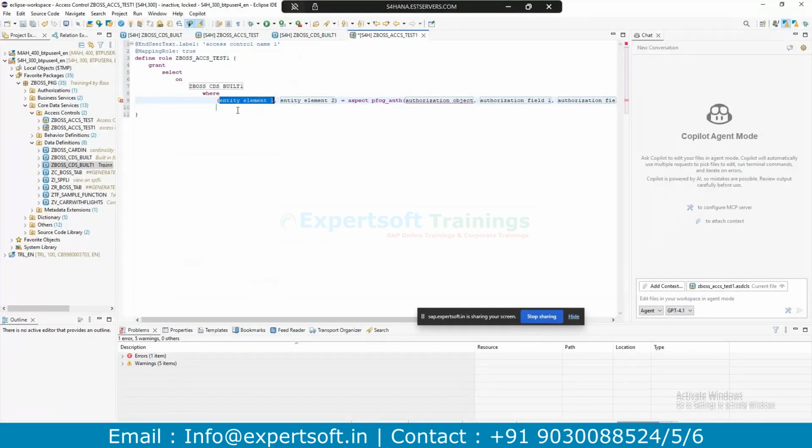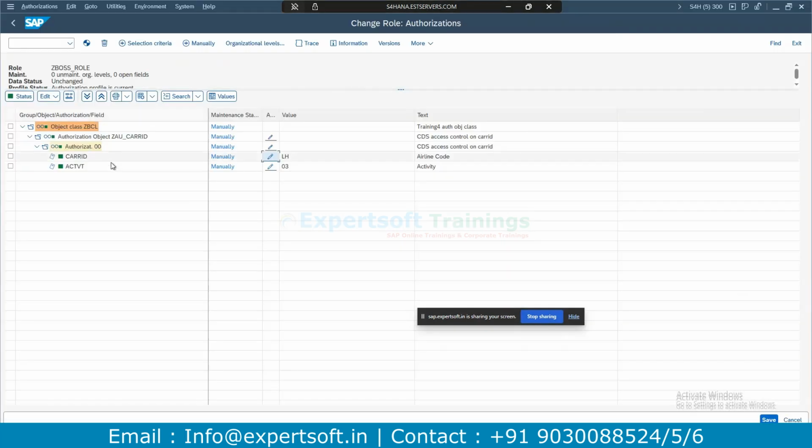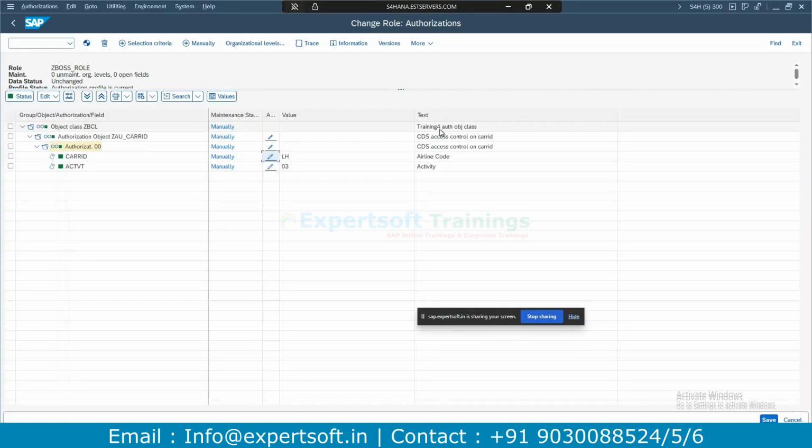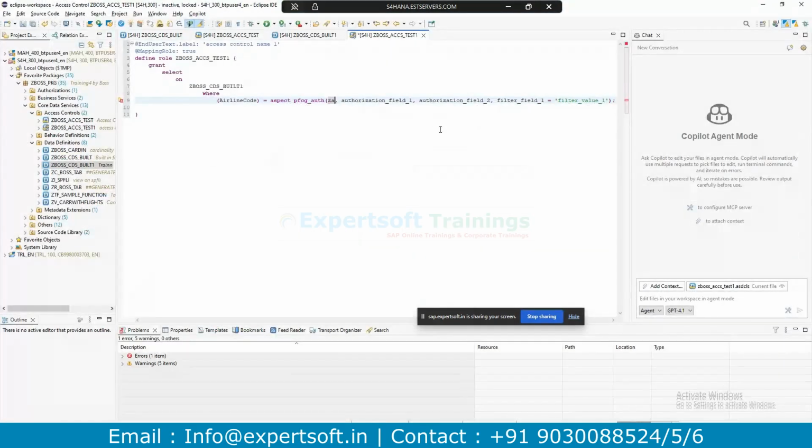You can give multiple where clauses also. And what is the authorization object? ZAU_CARRID. You can just replace the template names.